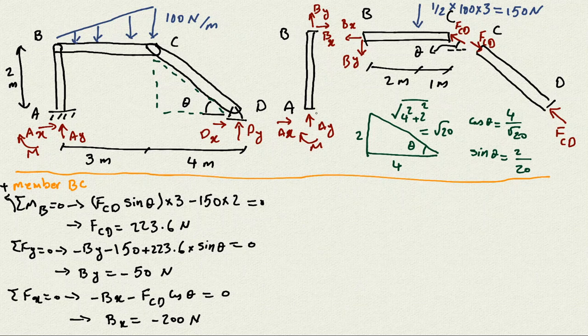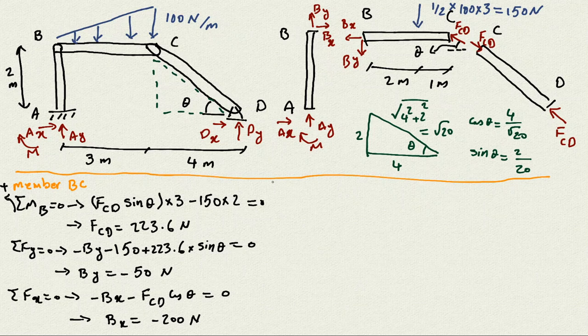Now, how many unknowns did we have? We had 3 here, 2 here, and 1 here. We had 6 unknowns, and from all these 6 unknowns we already got 3 of them by writing the equilibrium equation for member BC. So we know 3 of them, and the 3 left are AX, AY, and M. So we'll go ahead and write the